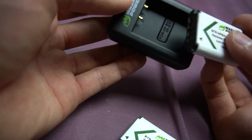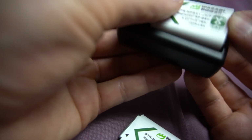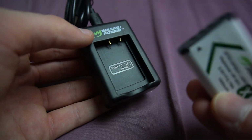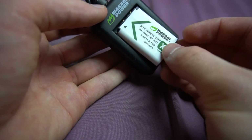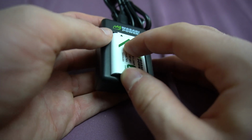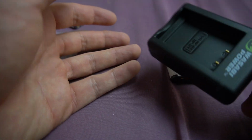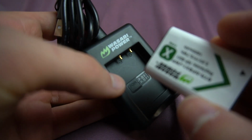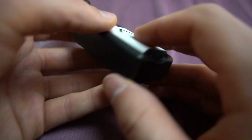I'm just gonna try to put that in here. Should be like this. Is that right? It sticks a little, but it's not fully pushed in, I would say. Yeah, it comes out pretty easily if you do it like this, but not a problem if you're not carrying it like this. Maybe you are while traveling, but you probably shouldn't be charging like this. And if it comes to the worst, you can just put some tape around here,